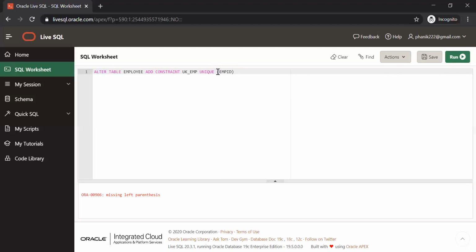I need not specify unique. Only primary key you need to specify key.